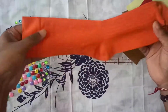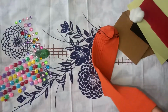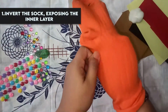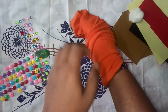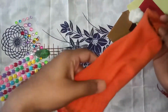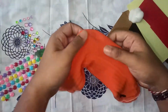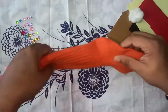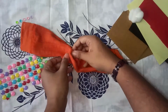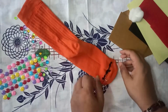The first thing which we need to do is to take the sock and then invert it. So put your hands in the sock like this and then invert this sock. Okay. So always remember this back portion of the sock, which is for the heel, that should always be at the top. Okay. Now what we need to do, we need to make the mouth of the puppet, and for that